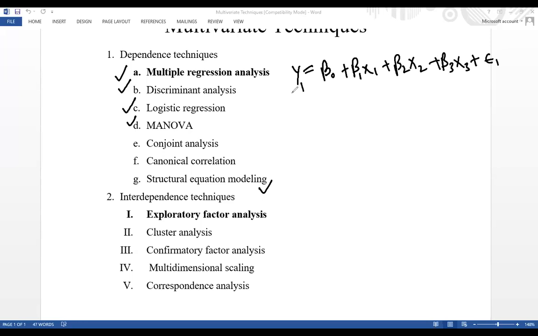So in multiple regression analysis, we analyze one equation at a time, and y1, that is sales,